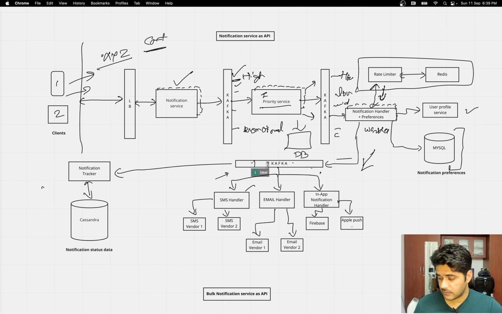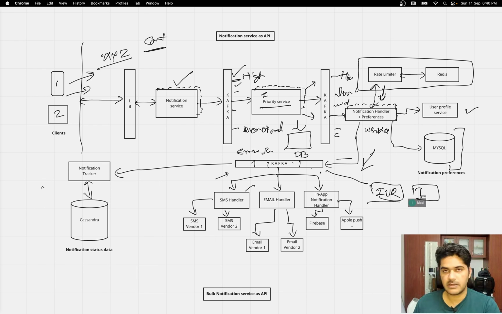Again, for email there is one topic, for SMS there is one topic, for WhatsApp there is one topic. And in future, for example, if you get IVR, where you call the user to give this OTP, then there will be another topic for that, and you will simply add another service for IVR. It is a pluggable system again. And individually you can scale all of them. Means if one IVR is not good enough, you can add another IVR, right?